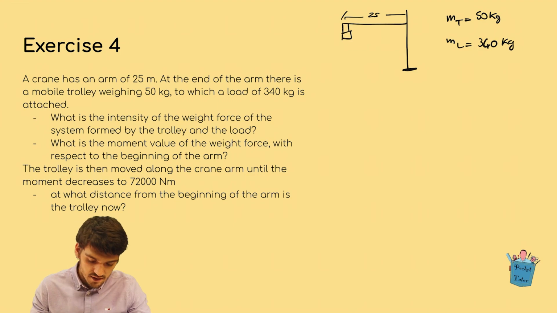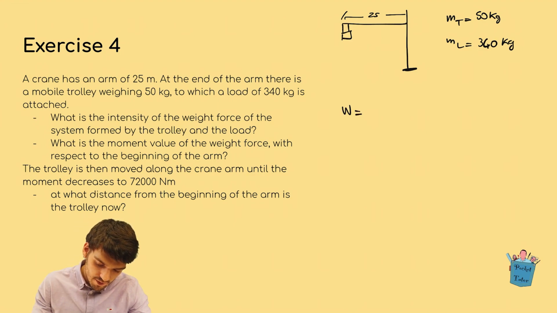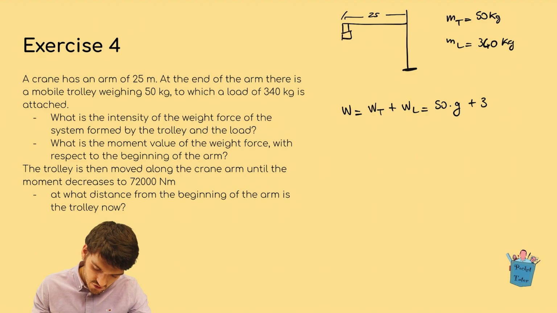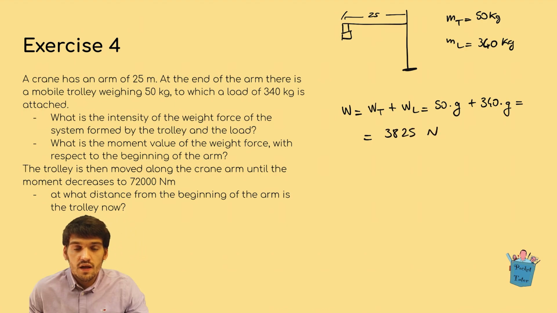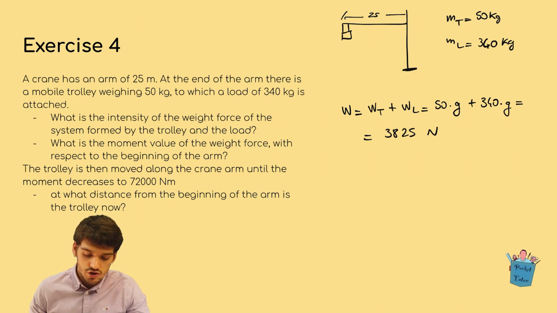We can say that the total weight is given by the weight of the trolley plus the weight of the load, which is 50 kilograms times G plus 340 times G, which is equal to 3,826 newtons. Instead, in order to reply to the second question, we just need to apply the equation that says